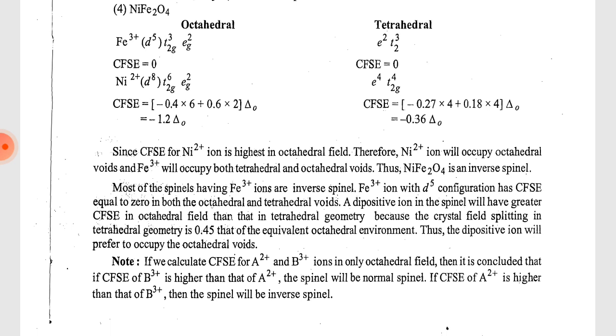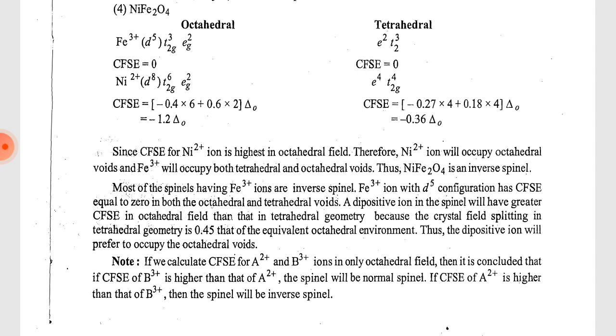Fourth, NiFe2O4. Octahedral Fe3+ d5, t2g3 eg2, tetrahedral. So octahedral CFSE will be 0. In tetrahedral e2 t2 3, CFSE will be equal to 0. Nickel 2+ d8, t2g6 eg2: CFSE will be minus 0.4 multiplied by 6 plus 0.6 multiplied by 2, delta 0, which is equal to minus 1.2